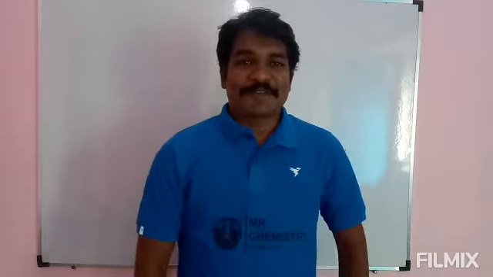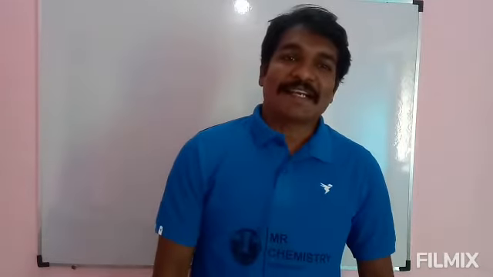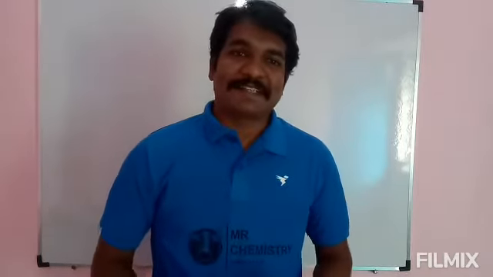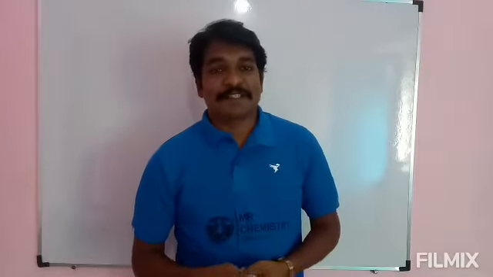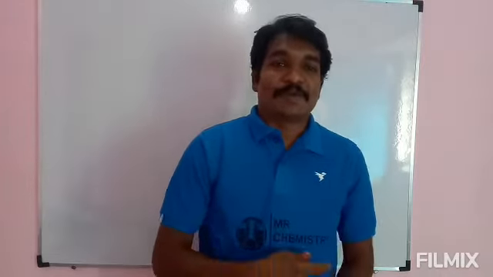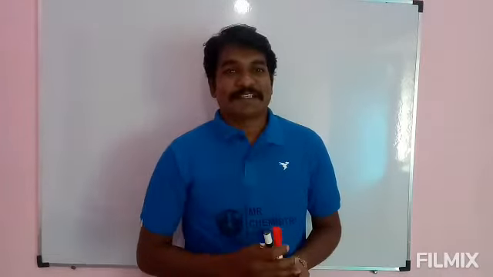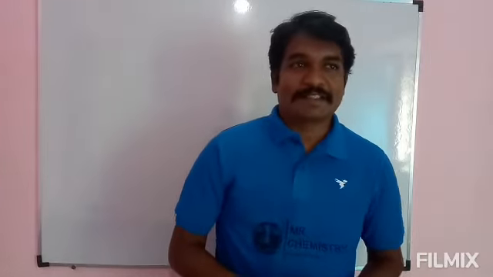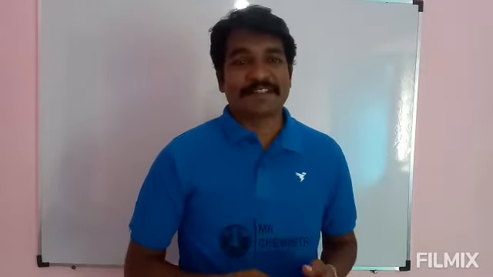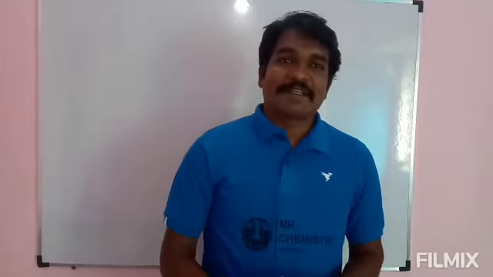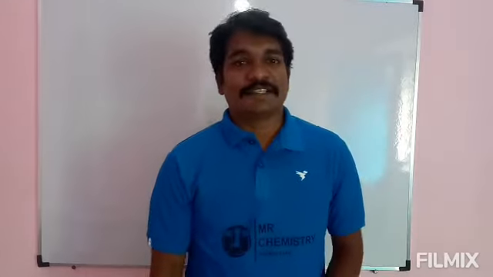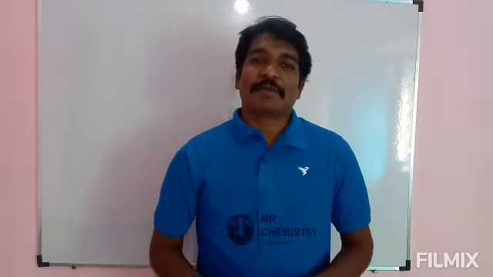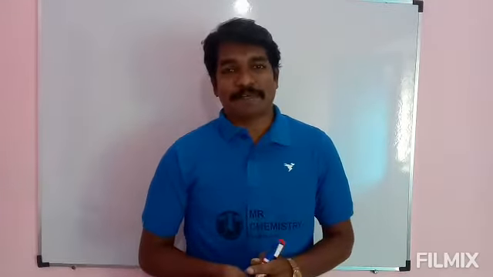Chemistry. Today we are going to discuss chemical reactions and equations from grade 10. In this chapter we are going to learn how to write a chemical equation, how to balance the chemical equation, and different types of chemical reactions. We will discuss four different types of chemical reactions: chemical combination, chemical decomposition, chemical displacement and chemical double displacement.